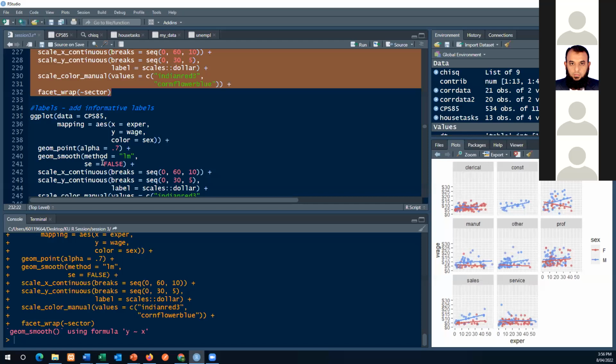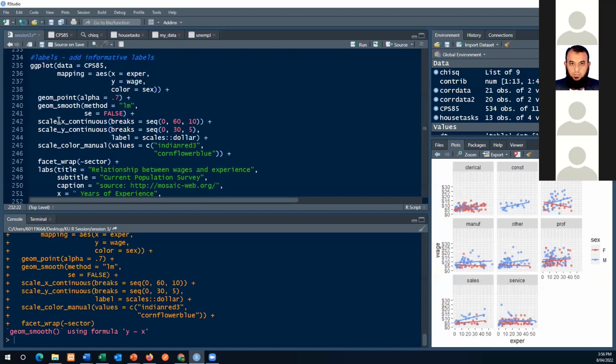So just add more to the level. So this is actually known up to this. Now we want to add labels. In order to add labels, you add a few things like labs, which is labels. Within the labels, we can put a title, a subtitle, a caption,